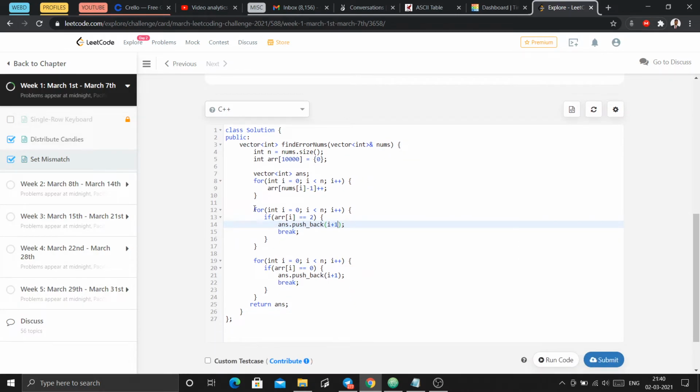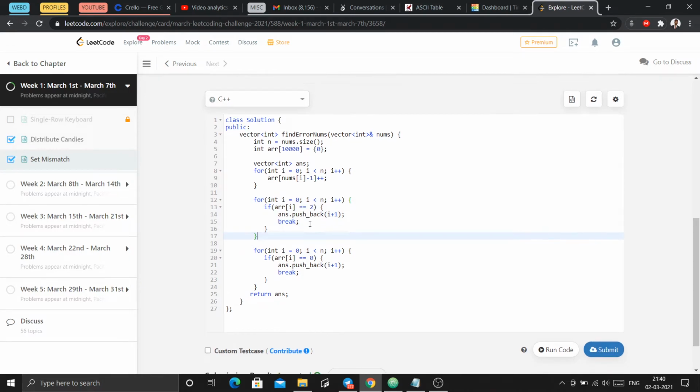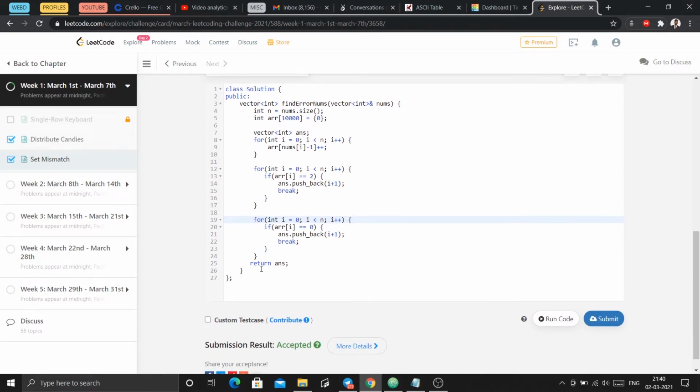Then I will break, as we no longer need the frequency 2. Next I will check for the frequency 0 and push it the same way. Then again we will break this for loop, and then we have all the answers in our answer vector. Then I will return